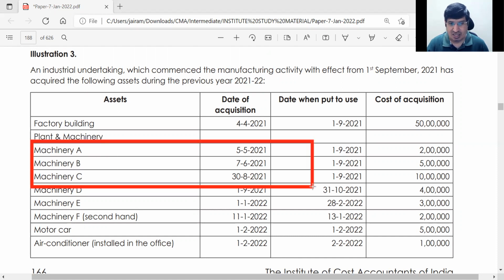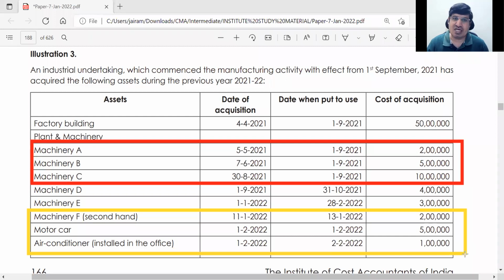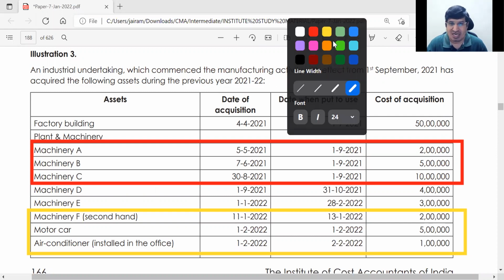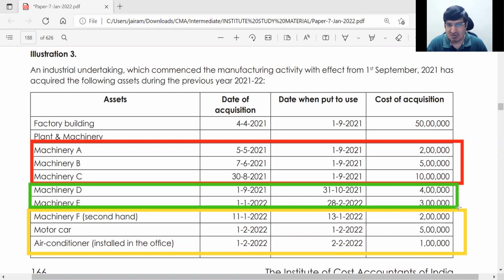Okay, this three हमने ले लिया. And after this, जो मैं yellow में दिखा रहा हूँ, that is exception. You will not use it for additional depreciation. So middle के जो दो line बच गए हैं, the two lines which are left out in the middle, this one green में जो बता रहा हूँ, this